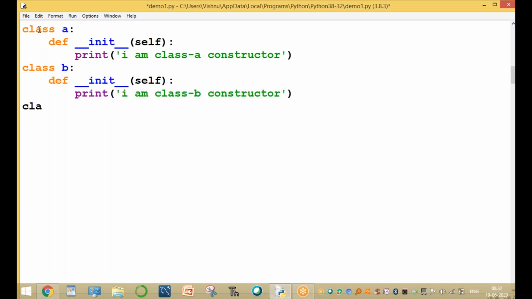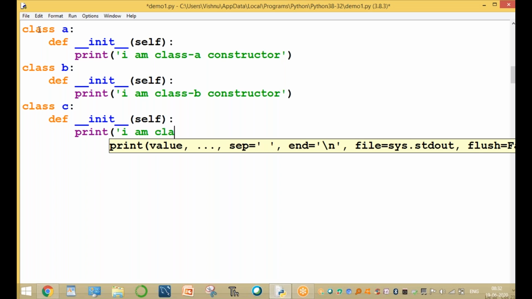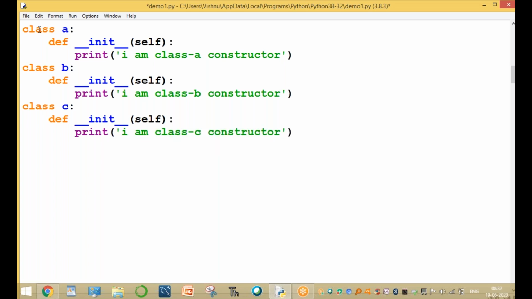Another class, that is class C colon def underscore init of self. Print I am class C constructor. Okay, this is without any inheritance. Now we are implementing the inheritance concept.